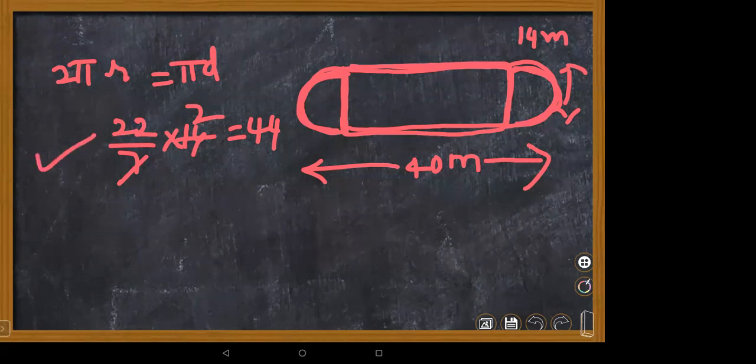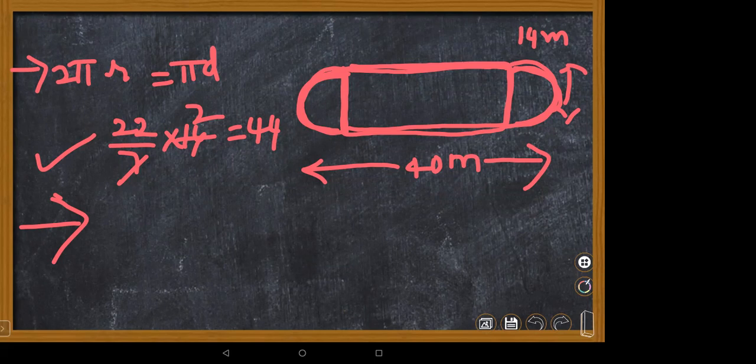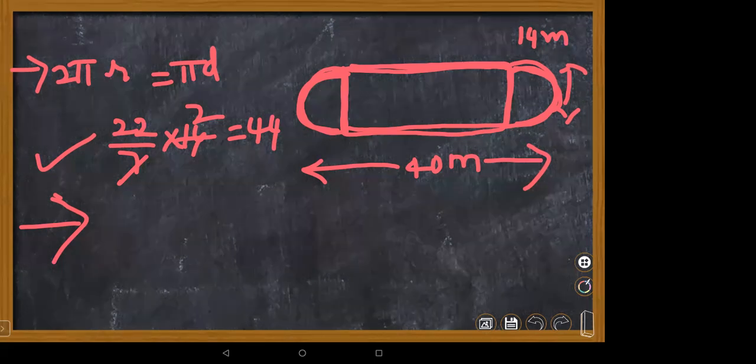This part is true. I want to know about the rectangle perimeter. How to find the perimeter of the rectangle field? Twice length plus breadth, so twice length plus breadth means 68. Is it the outer perimeter of the rectangle? If you take this, I think it will be just 40 into 2 because only the lengths are there.